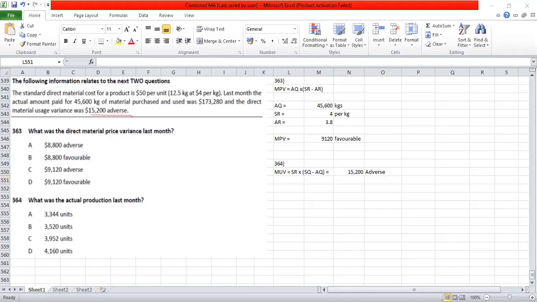Usage variance is equal to the difference between the standard quantity of material and the actual quantity of material. The actual quantity of material used is 45,600 kgs. So when they have used this quantity of material,